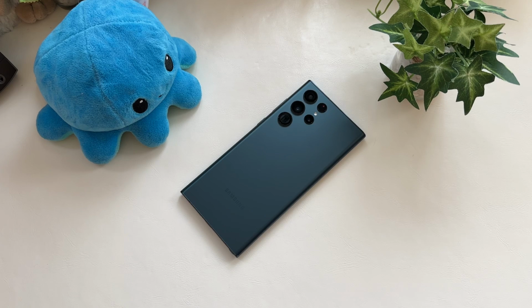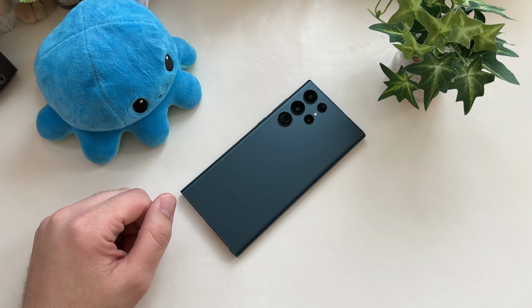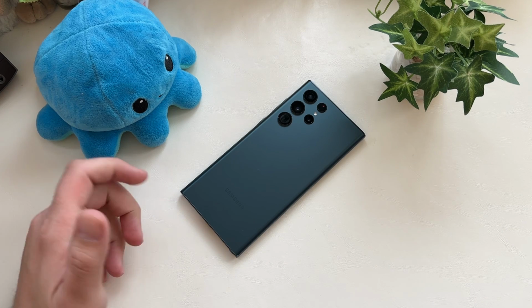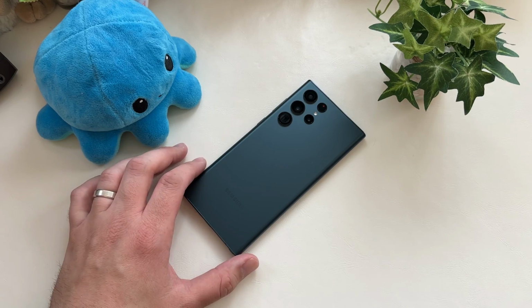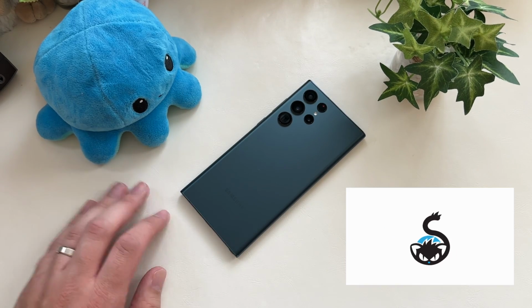The Samsung Galaxy S22 Ultra. Is this the new sweet spot in the Samsung Galaxy lineup? If you're looking to save a few bucks, if you don't need the latest and greatest in the Samsung releases, you don't need whatever new feature they have on the S23 Ultra that's trying to tempt you, or you just don't want to spend $1,300 to get a similarly spec'd phone, then the S22 Ultra might be an option